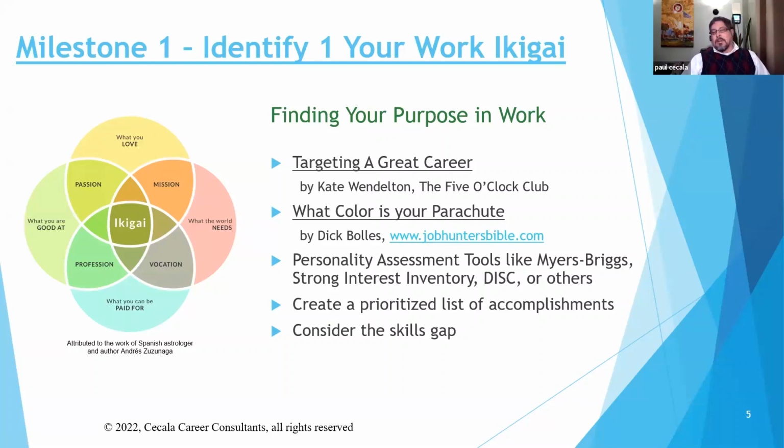And from there, you can then start to figure out what roles, what functions, what job titles would fit that purpose in work. I'm sure you've heard of Dick Bolles and What Color Is Your Parachute? It's a great book to help you figure that out. I happen to love one of my mentors, Kate Wendleton, who founded the Five O'Clock Club. Her book, Targeting a Great Career,